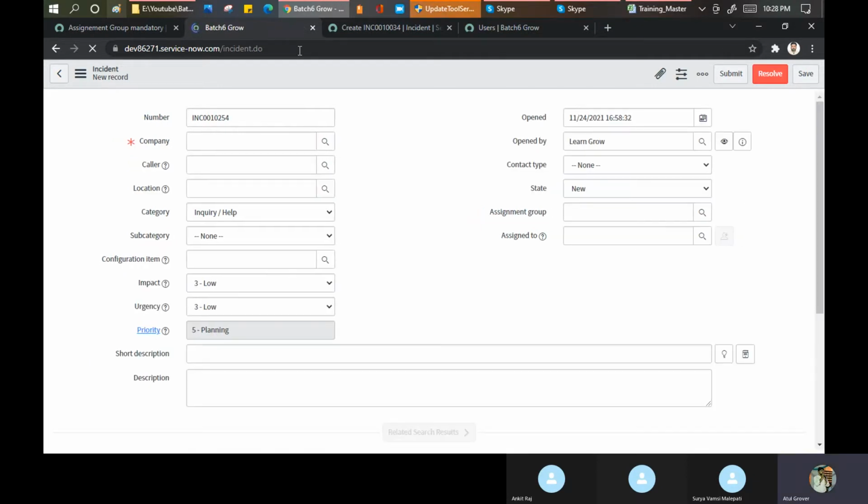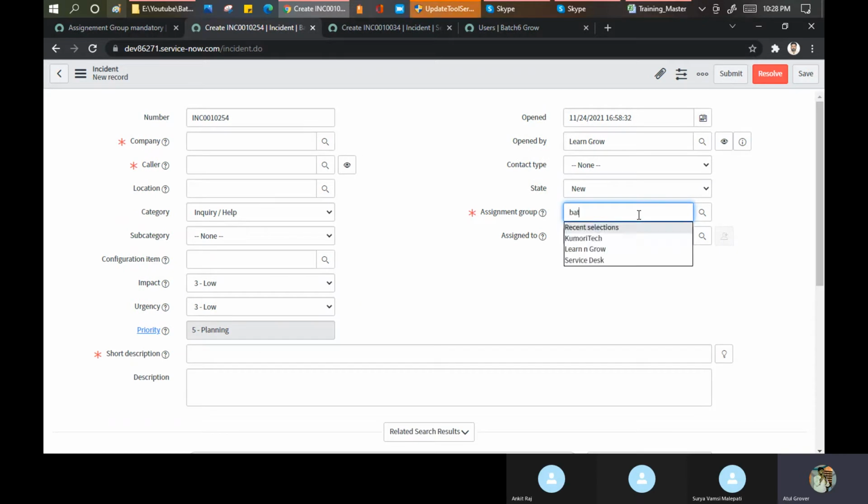I'll give one case as well for this. Suppose I am putting assignment group as Batch 4. Okay. I'll move it to In Progress and move back to New. It is not clearing my value. Logically it should clear the value now.